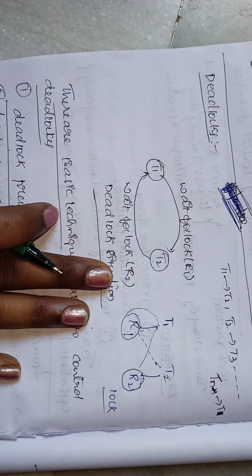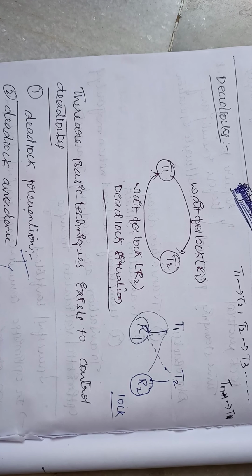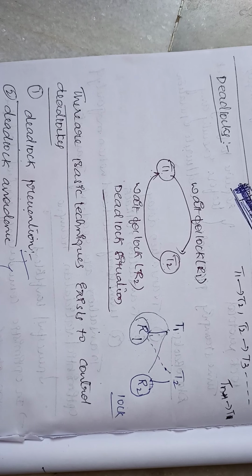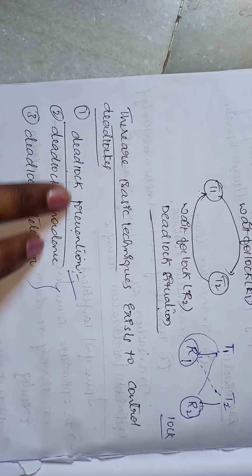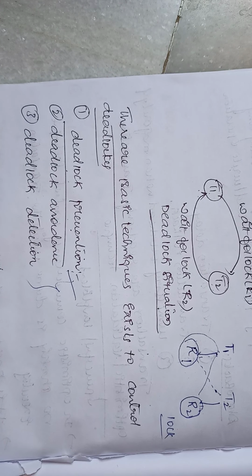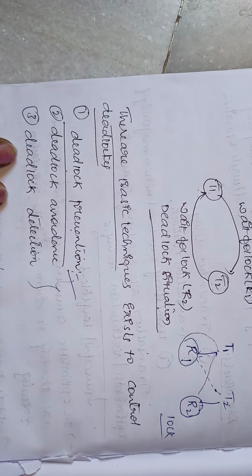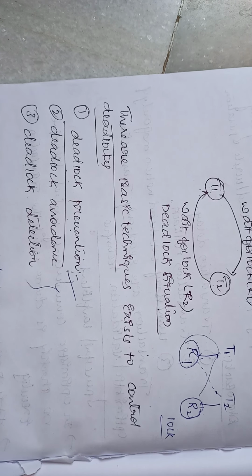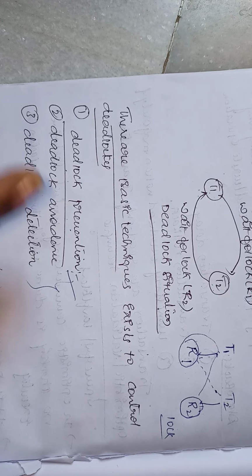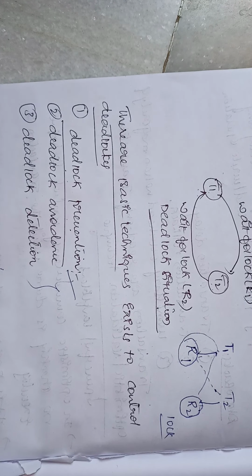If you know that a deadlock is going to occur, you will take all kinds of precautions. That is why we use deadlock prevention: it is nothing but taking a precaution so that transactions never enter a deadlock. So what situations can arise, and how do we identify the situations where deadlock will occur in the database?